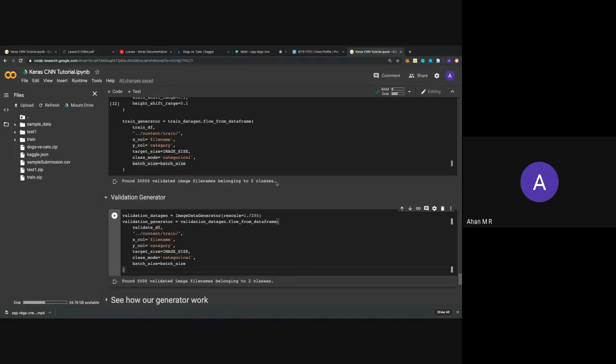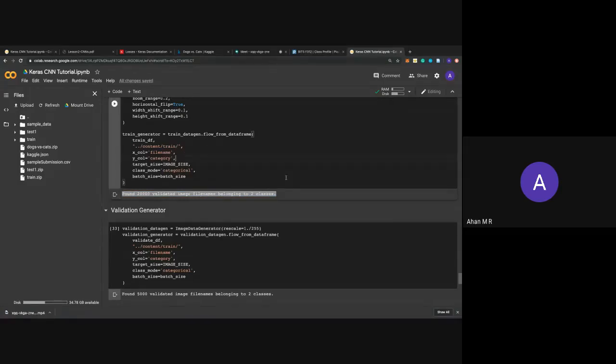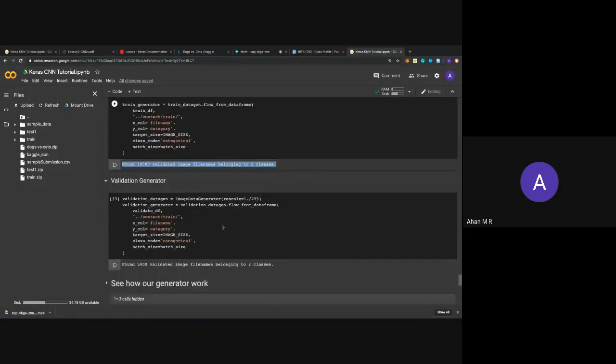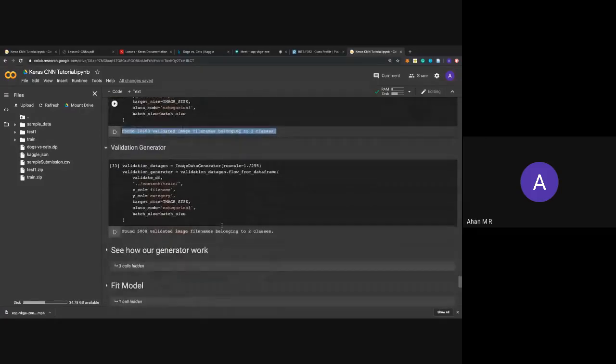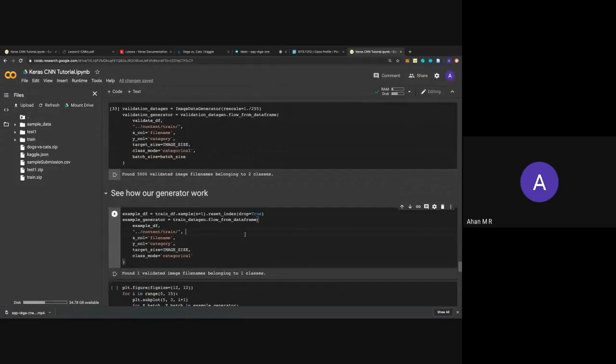If you don't perform this well, you'll usually get an error saying "found 0 from 0 classes." So basically keep track of that. If you get that error, you won't have any problems at first, but at the end you'll realize that your network is not running. To clarify that error, you can come back to this particular place and make the necessary changes. So keep that in mind. And that's it. So we'll see how our generator works.